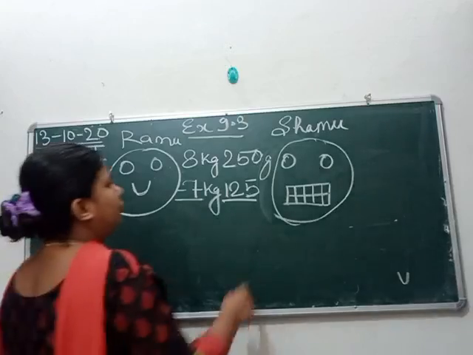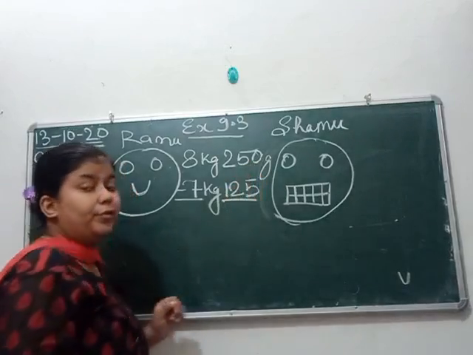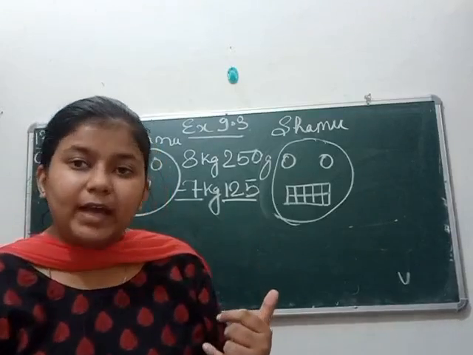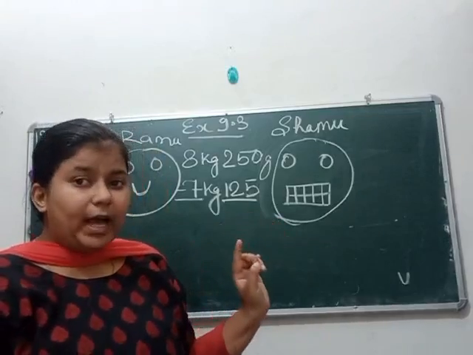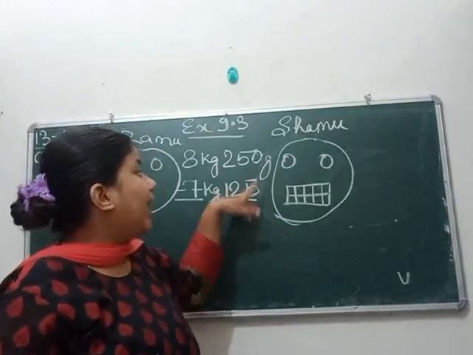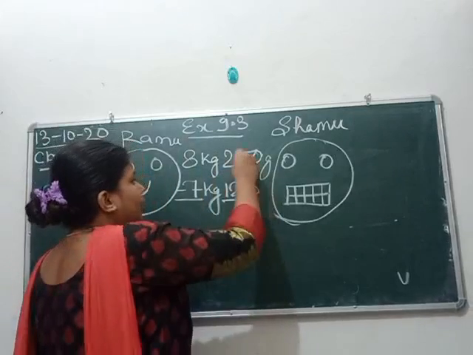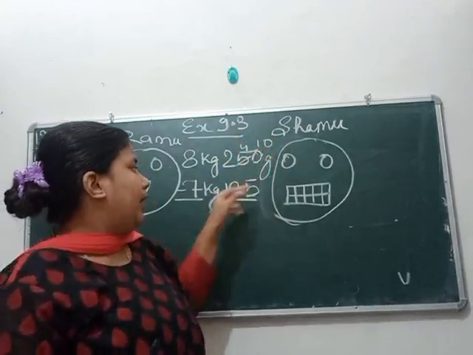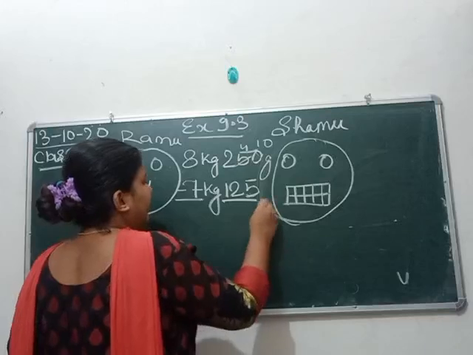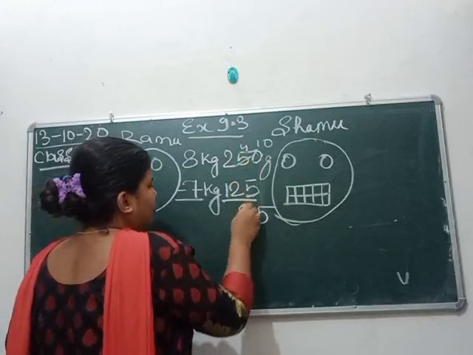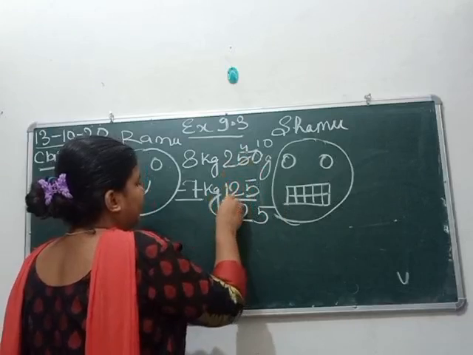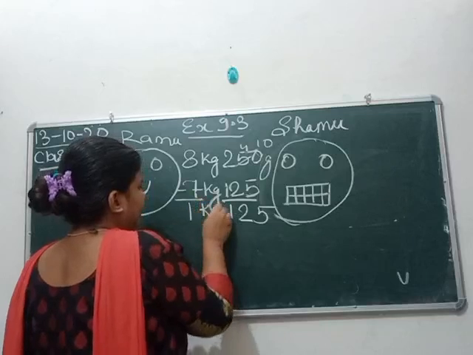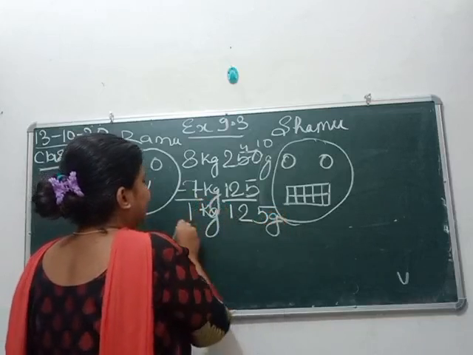Now this is 0, and 0 minus 5, we cannot subtract 5 from 0. So we have to take a borrow. This 0 will take a borrow and become 10, and this 5 will become 4. Now 10 minus 5 you will get 5. 4 minus 2 you will get 2. And 2 minus 1 you will get 1. Here 8 minus 7 you will get 1. So the answer is